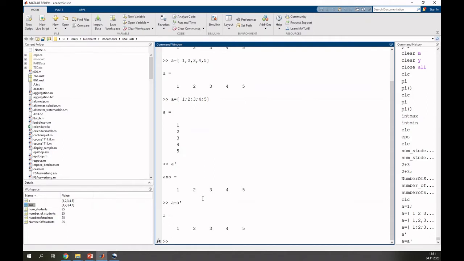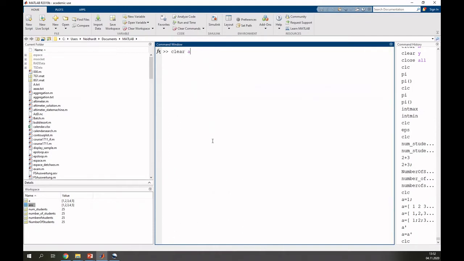And matrices in principle are combinations of row or column vectors. So you should already know the difference. The difference is a comma or white space versus a semicolon. So it's quite simple to create a matrix. Let's CLC and clear all of this stuff so that we have a clean environment again. And then if you want to create a matrix, let's say my matrix,